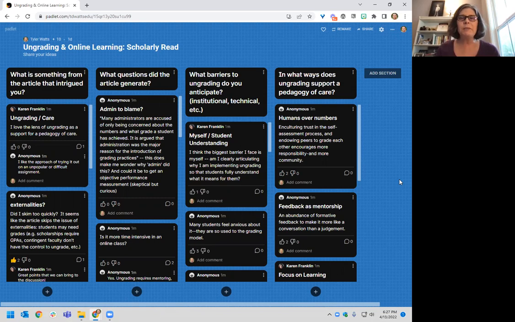Someone else wrote about potentially trying it on one project, something really difficult, so that students wouldn't have to focus on a grade. They could focus on the assignment itself and its complexities, or on something that wasn't quite as popular, perhaps a way to motivate students to be more active with a particular assignment.